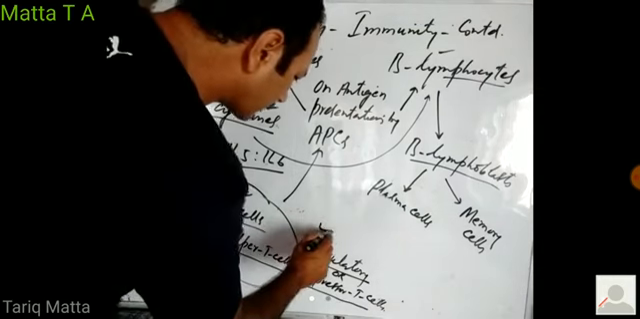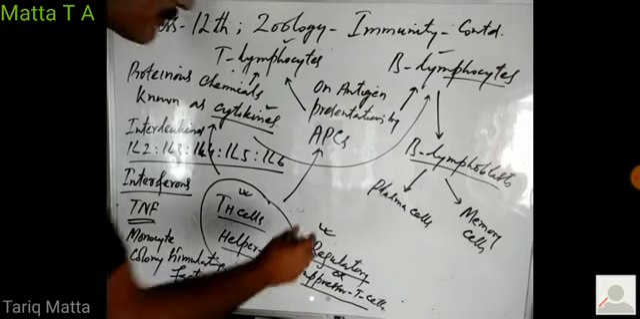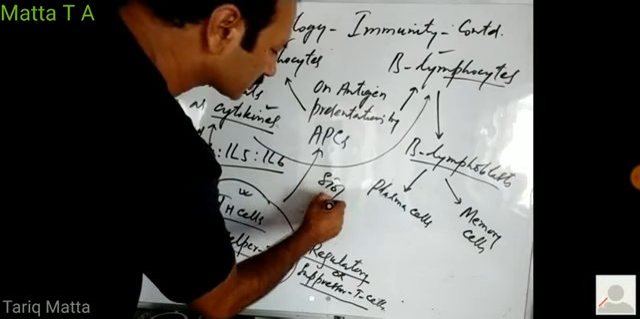Then we have regulatory T cells, which we also call suppressor T cells. These regulatory T cells or suppressor T cells maintain the balance of immune reactions. They suppress the immune system from overreaction. They stop the immune system from causing